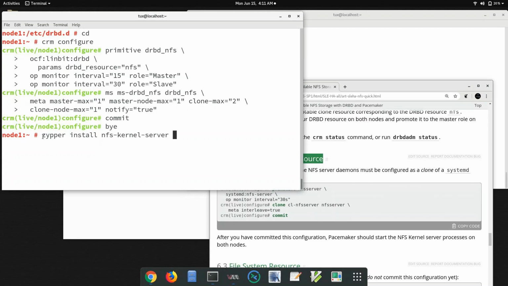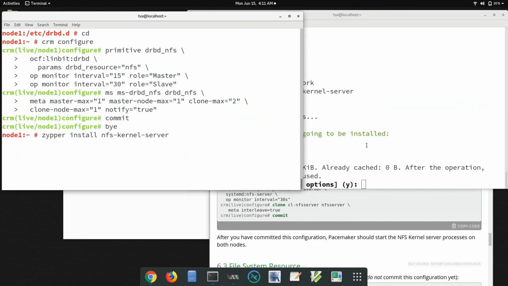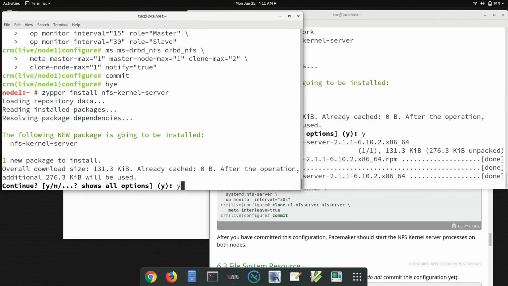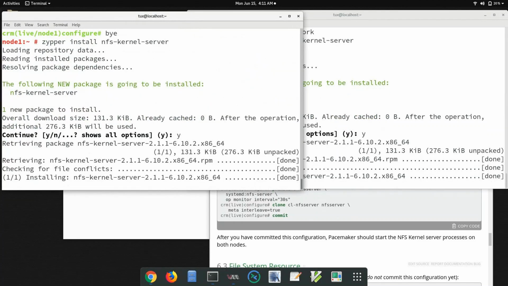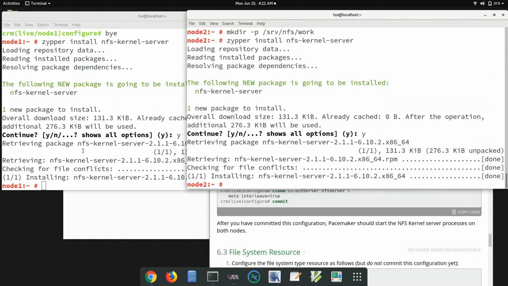We have to run this command on both the nodes, because ultimately our objective is to set up NFS on top of HA. So this basic thing needs to be there, right? If you don't have this application installed, how will you configure and manage it through the cluster? So the application needs to be there. I did this on both the machines and it is installed.